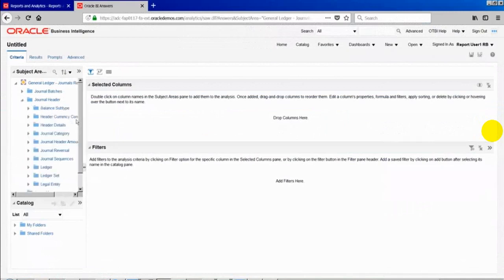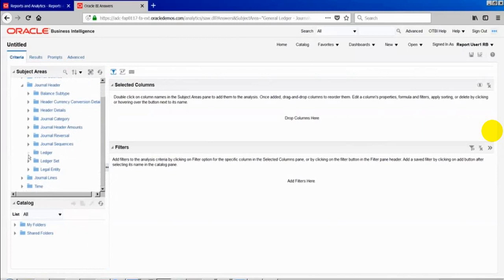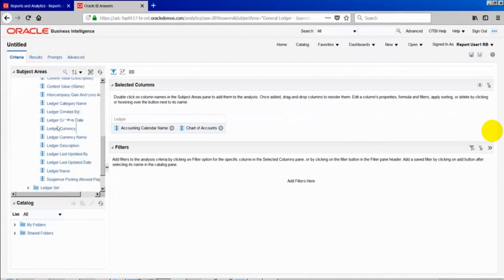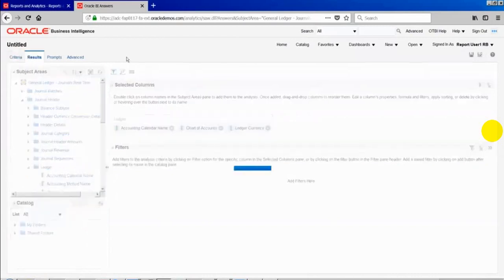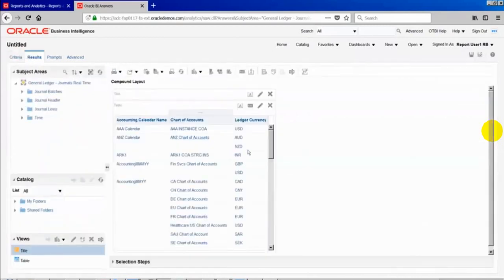So probably I will choose maybe one general ledger. Maybe I'll choose some account calendar name, the chart of accounts. I can just double click on it, it will come up automatically. Ledger currency, something like that. So if you click on the results, it should show up only the Australia and